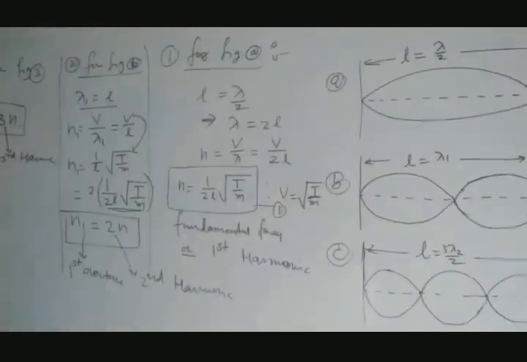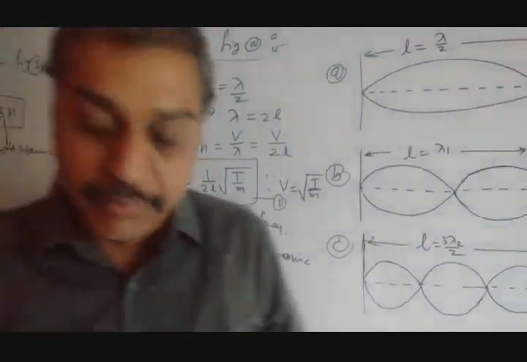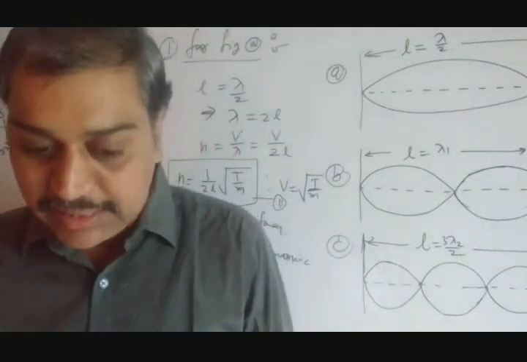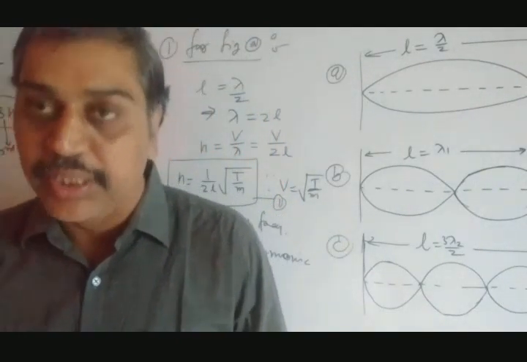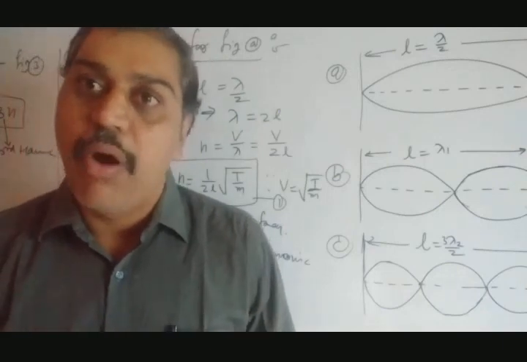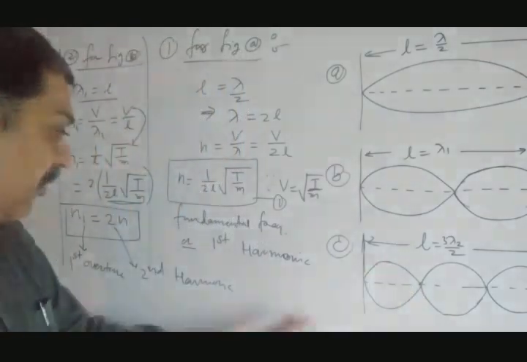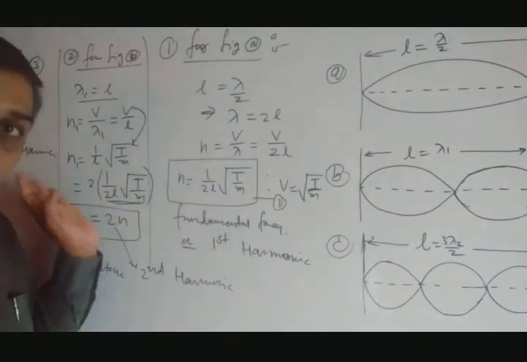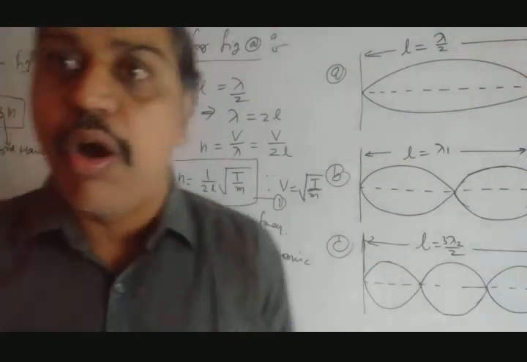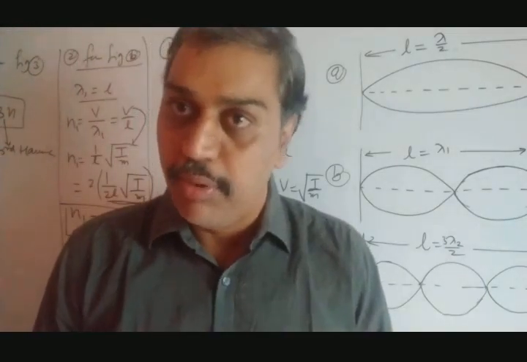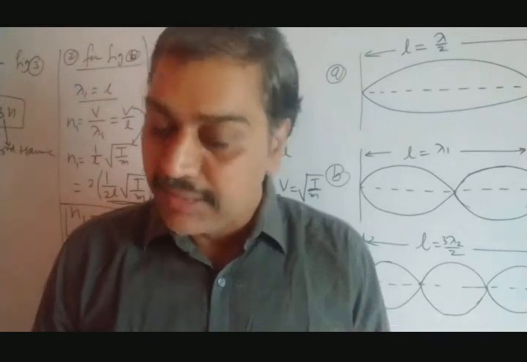We have written this. So this is the equation for a string stretched between the two rigid supports. How it will behave, that we have seen here. Same thing in your book they have mentioned. And in this case we can say all harmonics are present. See, this is the first harmonic, second harmonic, third harmonic, fourth harmonic. So all harmonics are present in a stretched string between the two rigid supports. When it vibrates, all harmonics are present.